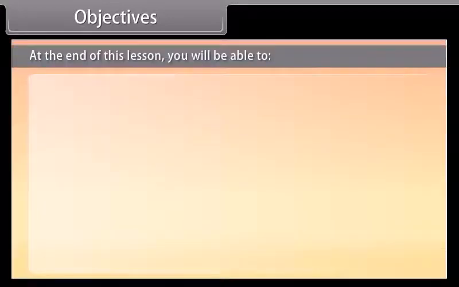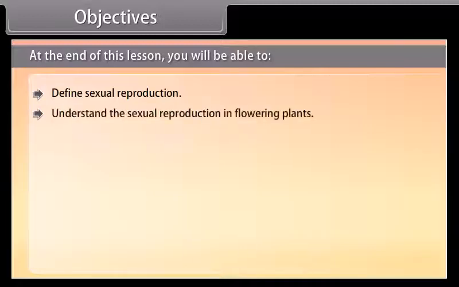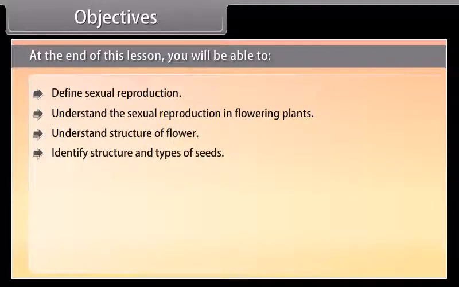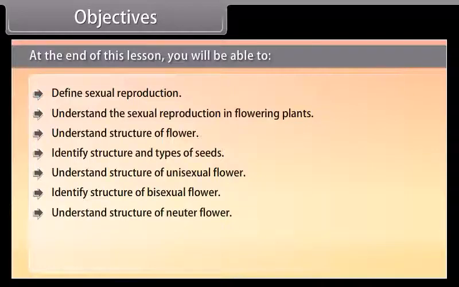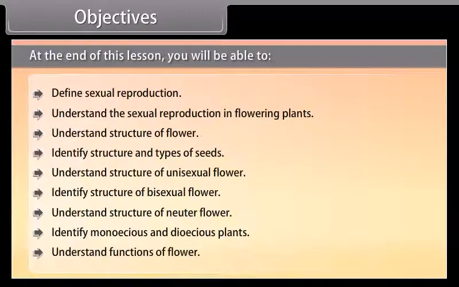Objectives. At the end of this lesson, you'll be able to define sexual reproduction, understand the sexual reproduction in flowering plants, understand the structure of a flower, identify the structure and types of seeds, understand the structure of a unisexual flower, identify the structure of a bisexual flower, understand the structure of a neuter flower, identify monoecious and dioecious plants, understand the functions of a flower,